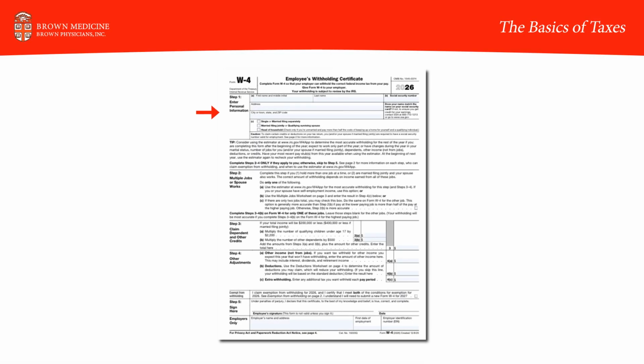So on the W-4, as I mentioned, you're going to get that right when you start employment. And it's a basic form: name, address, social security number. And you're going to basically be saying if you're single, married, filing jointly. Also, if you have other dependents, you would show that as well. Or if you have multiple jobs, you can indicate that. A lot of people just keep it simple and just record whether they're single or married, and then sign the form. And then your employer will take it from there and start withholding accordingly. And that can always be changed as the year goes on. If you think you have too much withholding or not enough, you can always make those changes during the year.